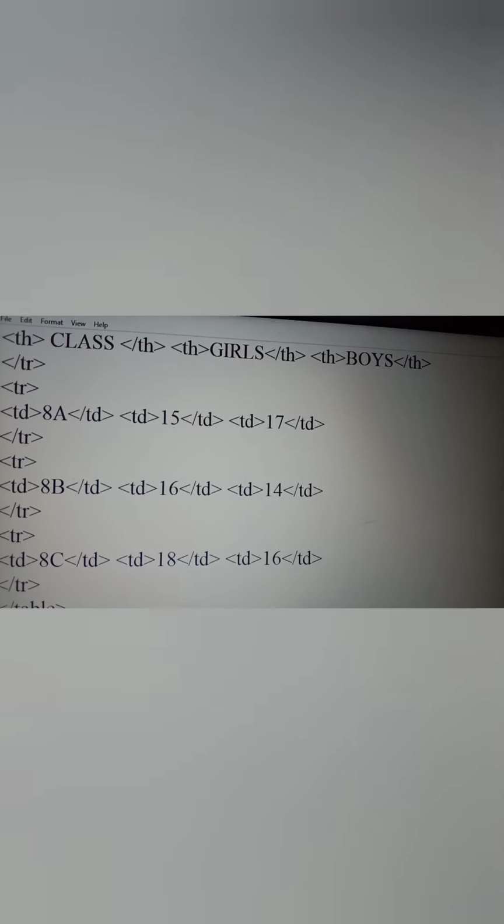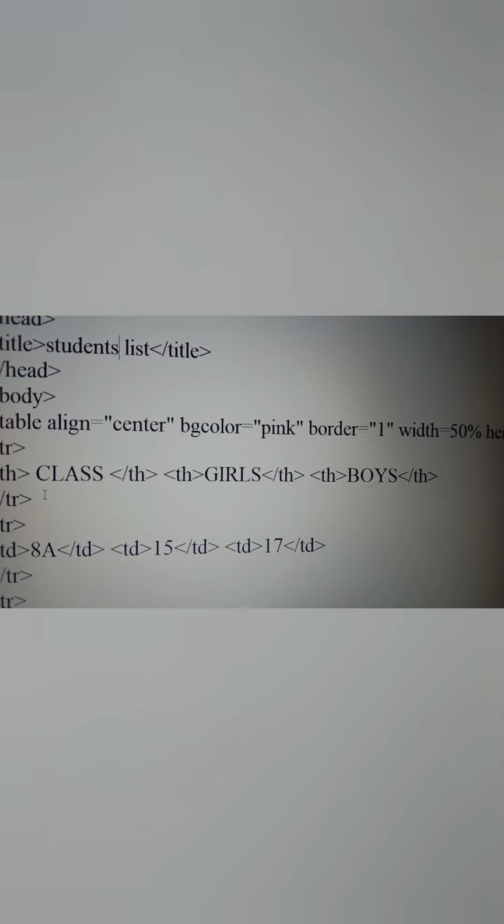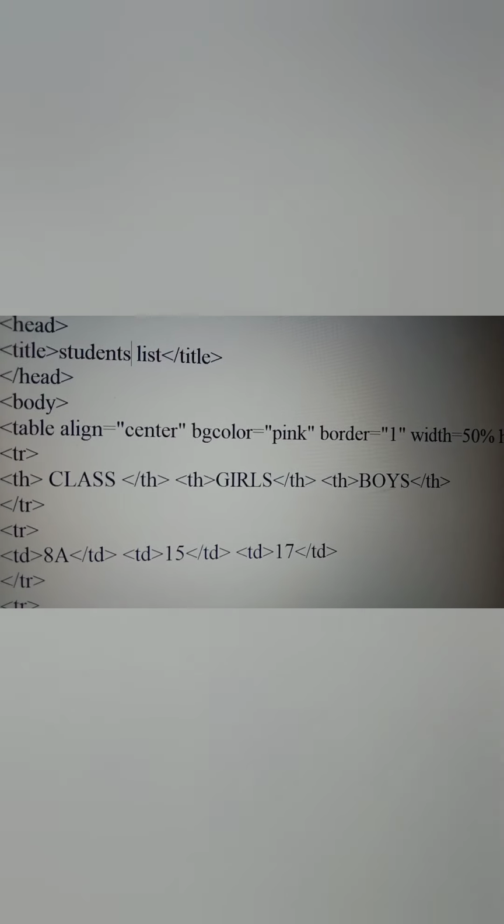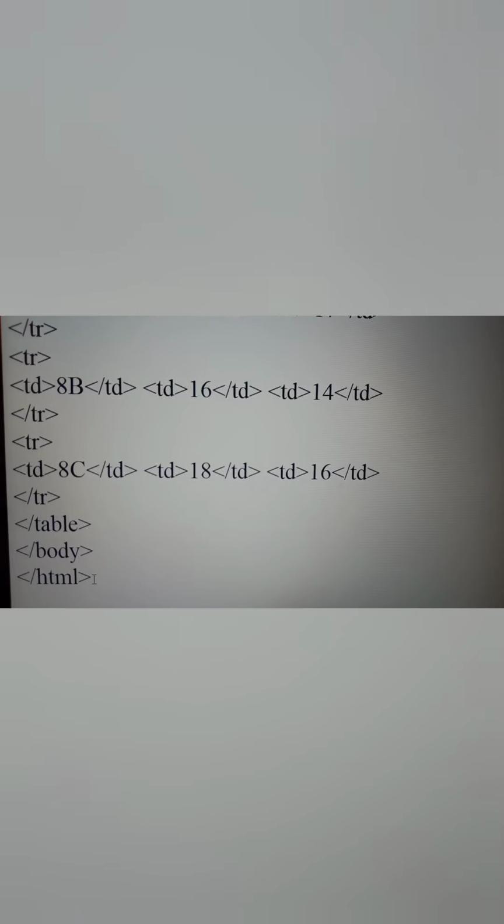Now I have closed the tr tag, and then I have to close the table tag because I have opened the table tag here, right. So I must close the table tag also. So I closed the table tag, then I have to close the body tag and then HTML.